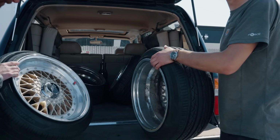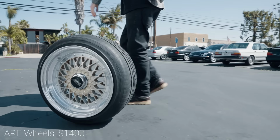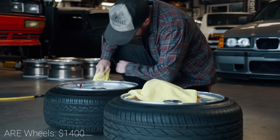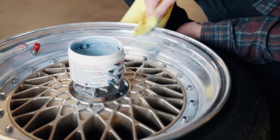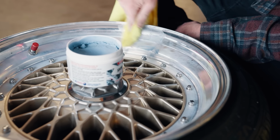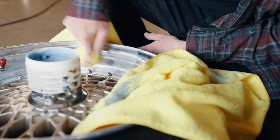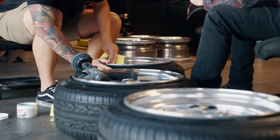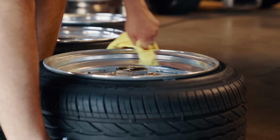These are the most expensive part of the build at $1,400, but they're well worth it given how crazy the wheel market is today. I'd say these were an incredible find. They do need some TLC though, so we whipped out some metal polish and got to work the good old-fashioned way with some microfiber cloths. One wheel was missing a center cap, so tack on another $30 thanks to eBay so that we could track down a new one. With the center cap on hand and the lips polished up, these wheels are looking incredible,